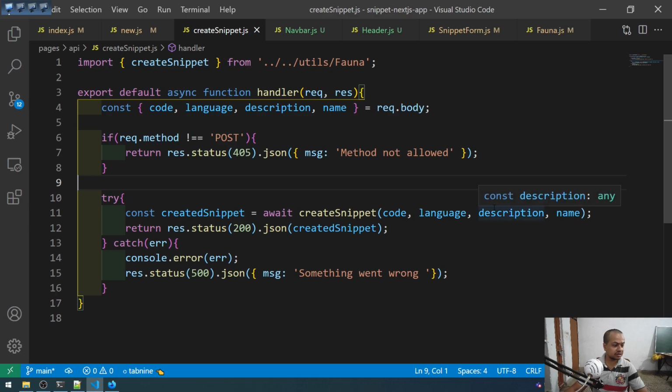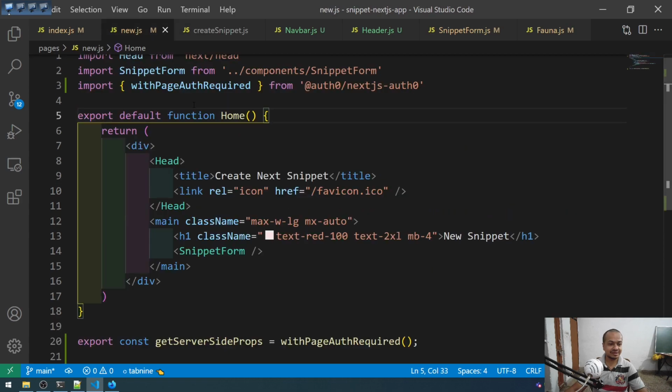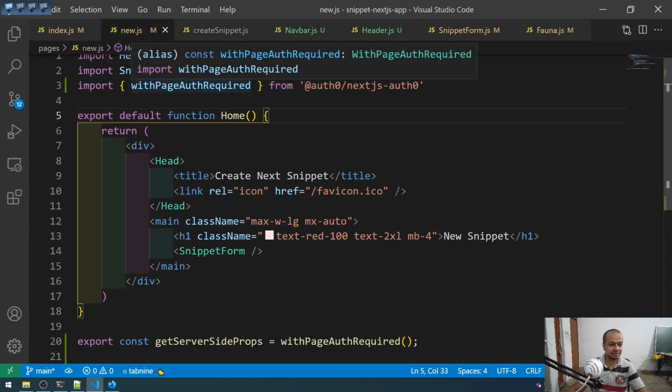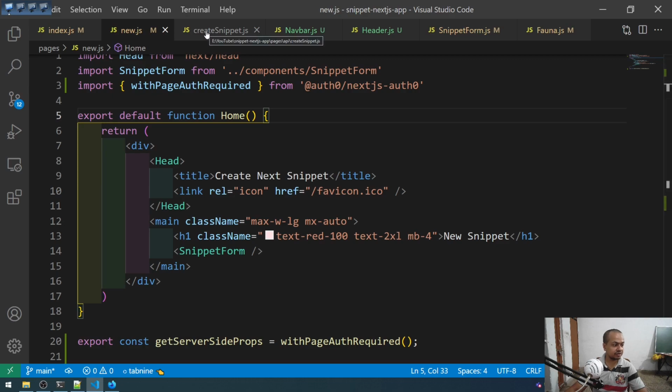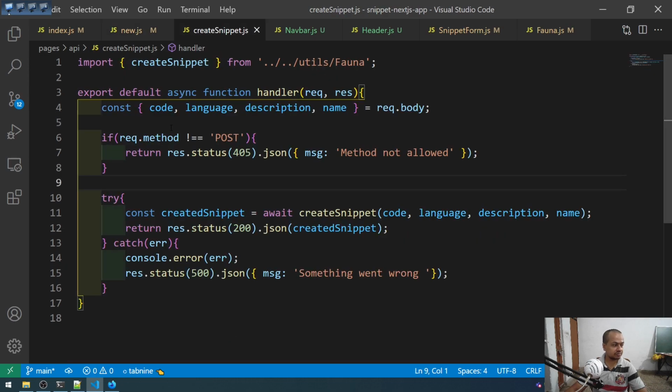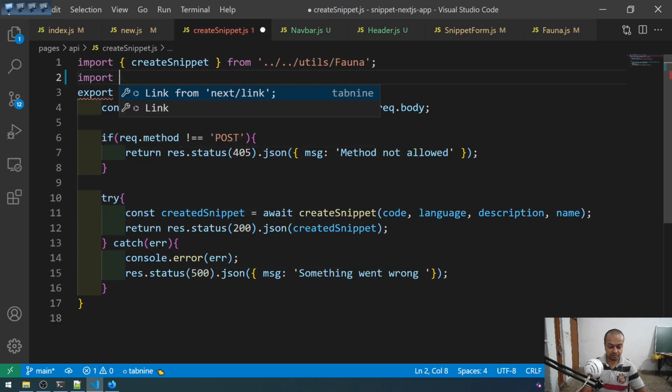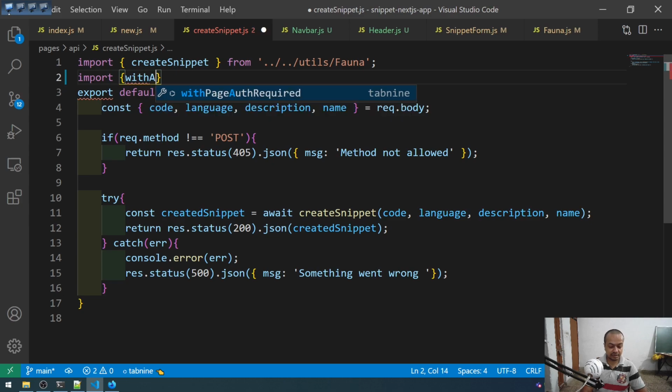Okay, so there are some changes which we need to do. Just like with the page, we will use a different thing here. So let me come here and first import withApiAuthRequired